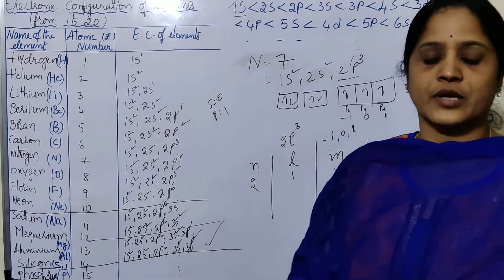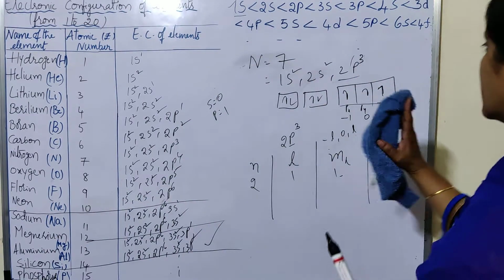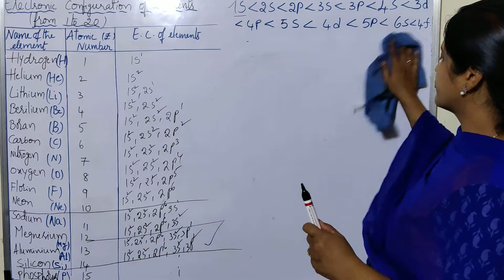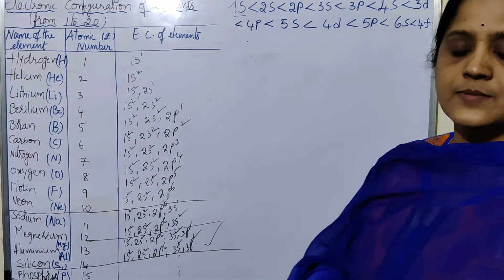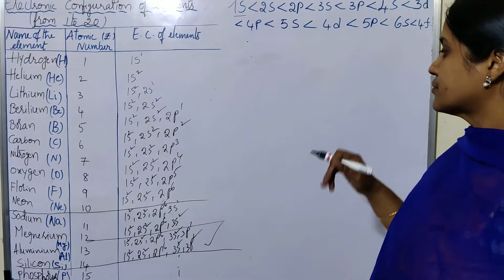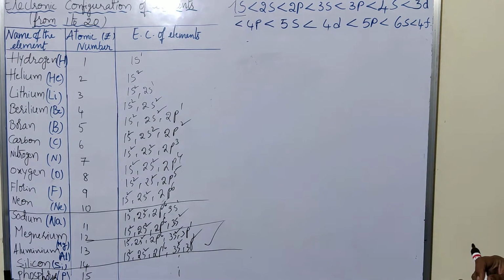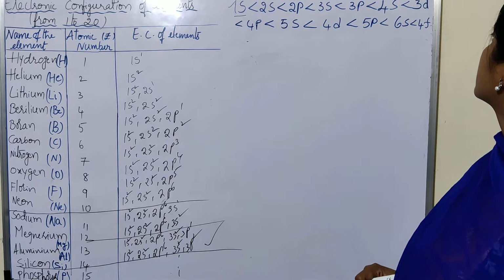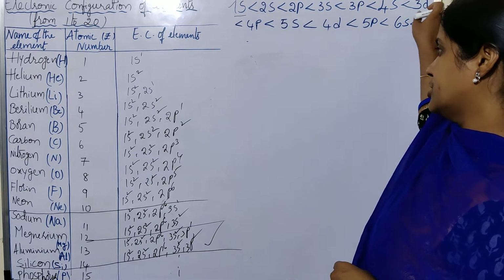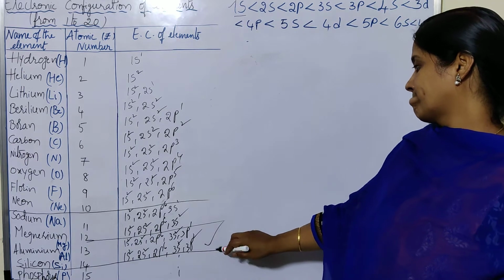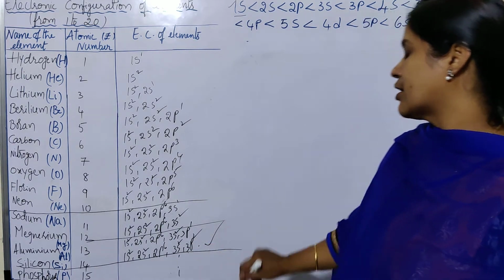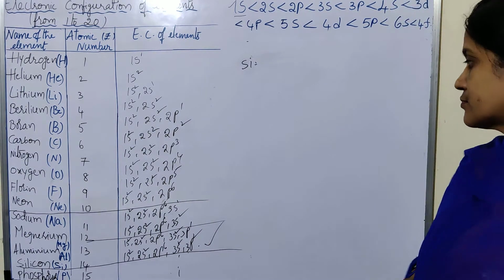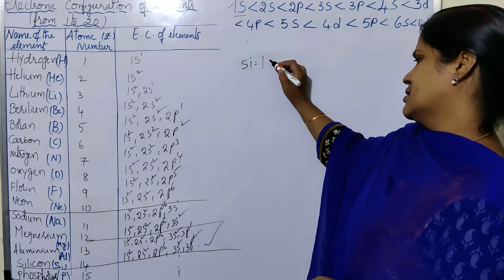One more example I will take. Easily you can understand that. These are very, very important. Definitely they will ask you in the exams for 2 marks or in bits. One more example, 3D, note there. Here we'll take silicon. Write the differentiating electron of silicon. So silicon is 14.